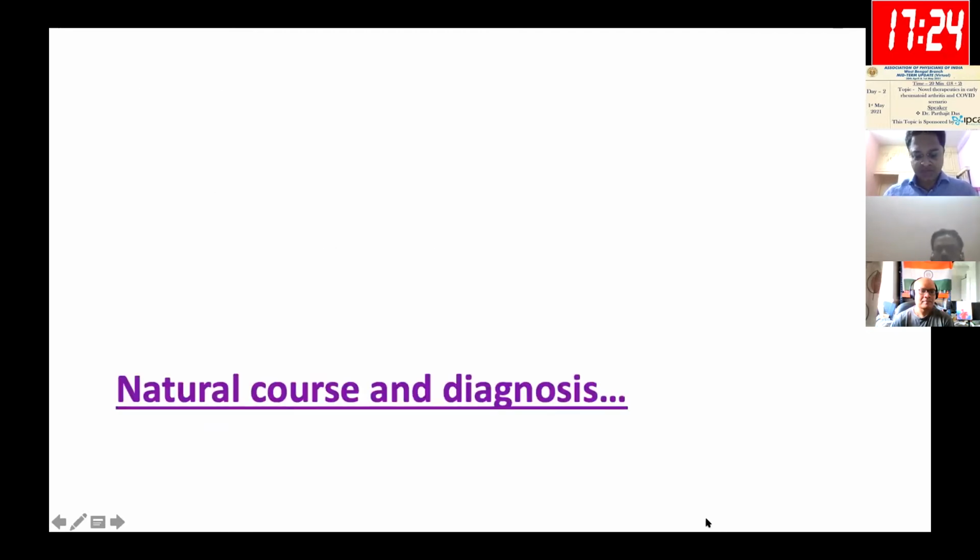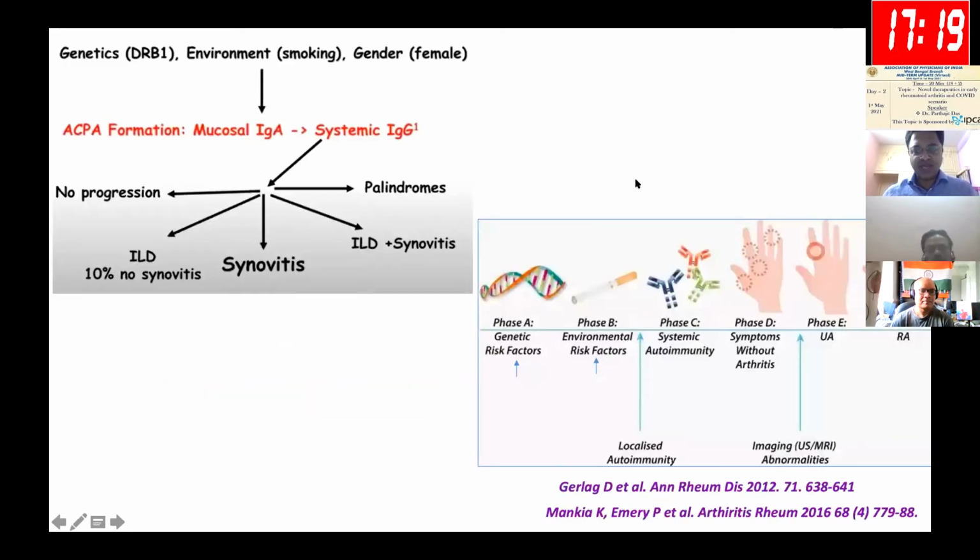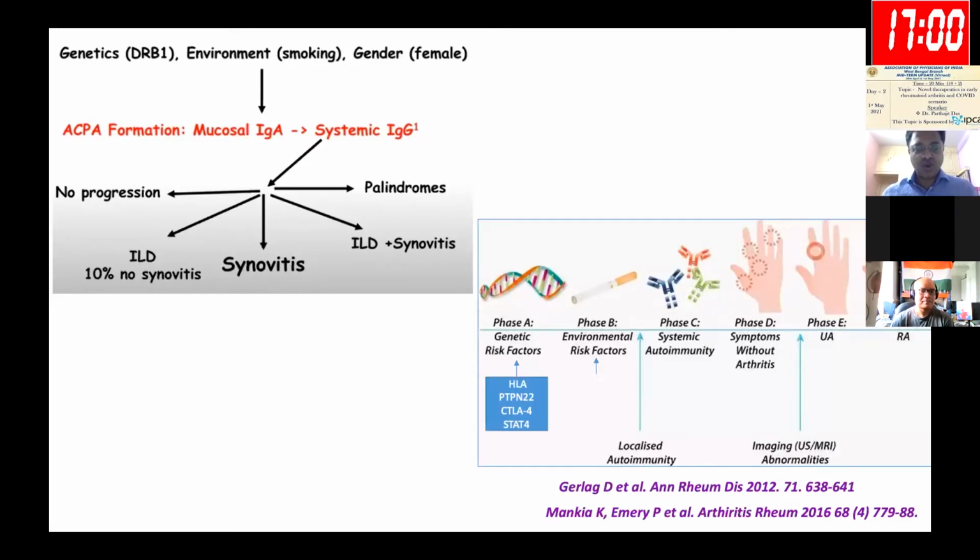Now, let me glide through the brief natural course of rheumatoid. There are basically a few phases, shown in the cartoon from phase A to phase F. To develop rheumatoid, you need a genetic background, which is mainly HLA related. HLA-DRB1, and more than 200 genes have been identified, with about 20 genes more strongly associated, like CTLA4, STAT4, PTPN22, etc. Once you have the genetic background, you need to get exposed to environmental risk factors